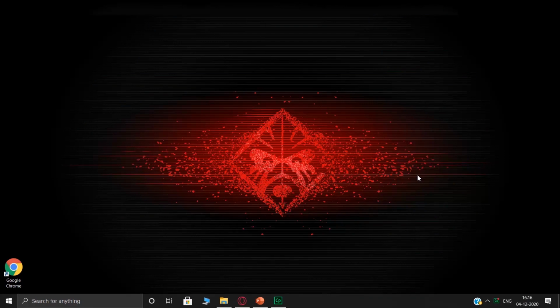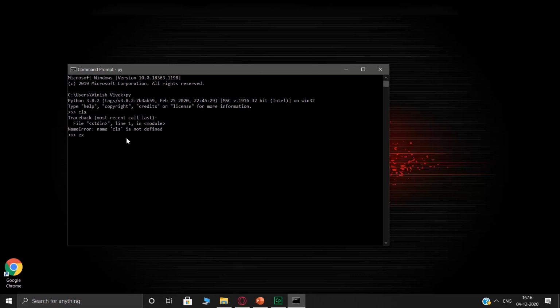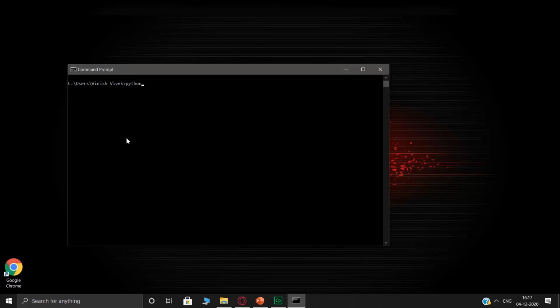Alright, so the first thing you want to do is open your command prompt. So you'll go into your start menu and write cmd for your command prompt. Over here, the first thing you can do is check what version is installed. You can write py and it'll show you, as it's showing us over here, Python 3.8.2. Alright, so that's one way to do it. The other way is if we do python space hyphen version and enter. So here too it's showing us Python 3.8.2.